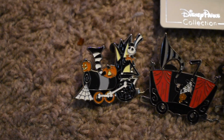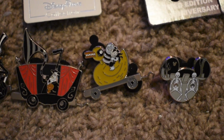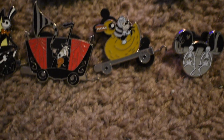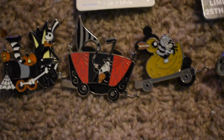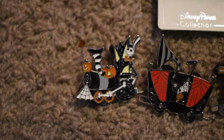So I have this pack. They are from a mystery pack set. I never did finish it. I don't remember how many pins there were, but I did get these three. The fun thing about these is, as you can see, they link together, so it forms a train. So I am glad I at least got Jack Skellington, so that way it kind of makes sense as